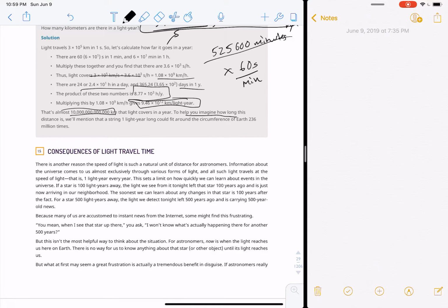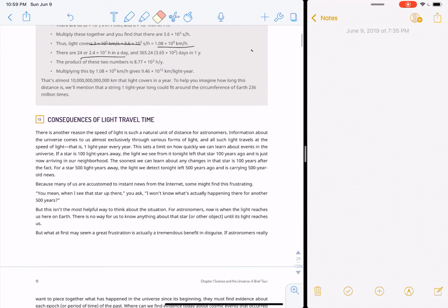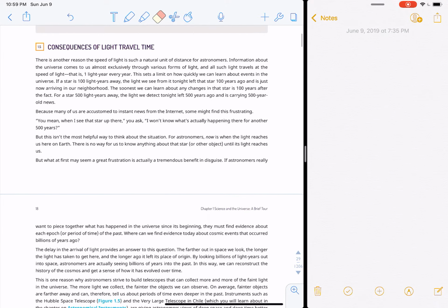To help you imagine how long this is, we'll mention that a string 1 light year long could fit around the circumference of the Earth 236 million times. Okay, well, I don't know if that helps. That's still a huge number. Okay, so anyway, the consequence of this is that